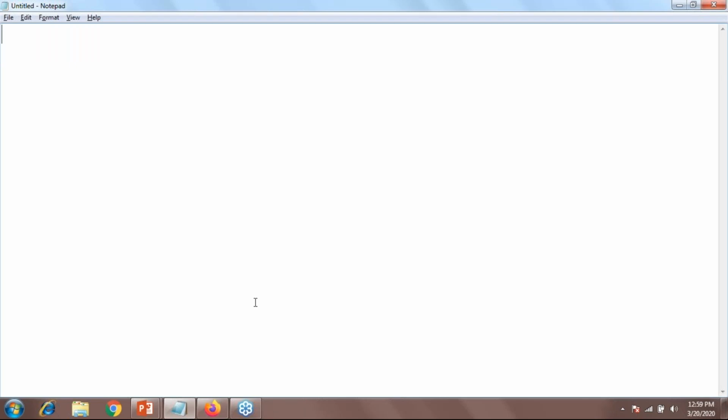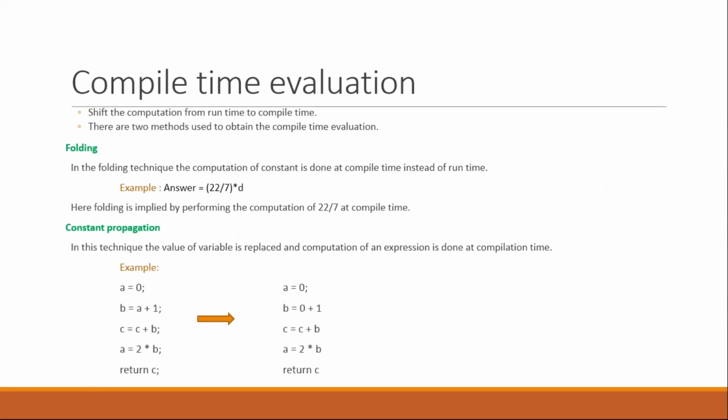If I have a equals pi, a equals 3.14, and b equals 5, and my equation is answer equals a multiplied with b multiplied with b, then instead of this, our compiler directly converts our code into 3.14 multiplied with 5 multiplied with 5. So instead of the variable name, it can directly assign the constant value. Yes.